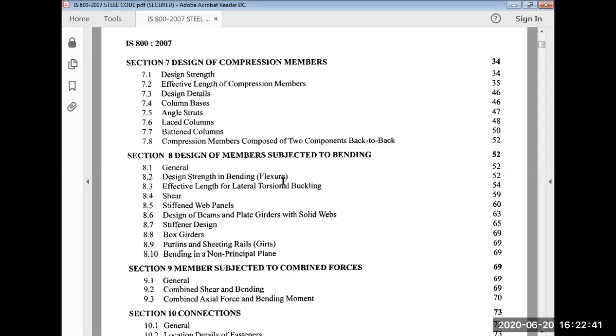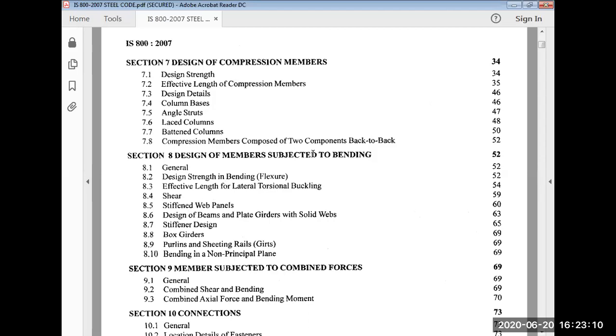Again, Section 8, design of member subjected to bending. See, Section 8, design of member subjected to bending. Which member of the structure are we designing that is subjected to bending? Which member of our structure is subjected to bending? All the horizontal members are subjected to bending. So, beam. We have seen beams in the first unit, the first lecture. Yes, correct. Anyone reply me? Beam, correct answer.